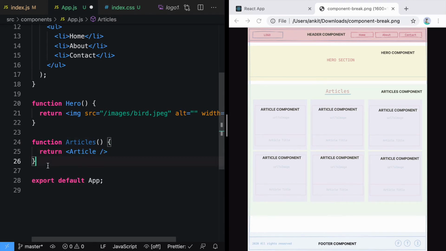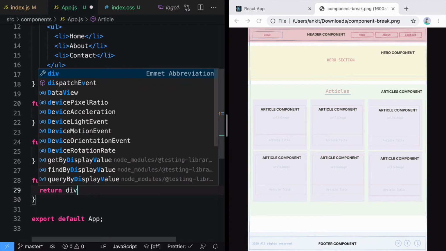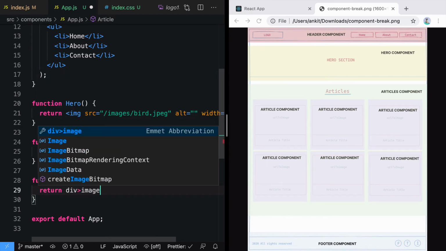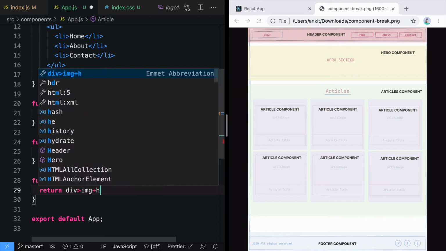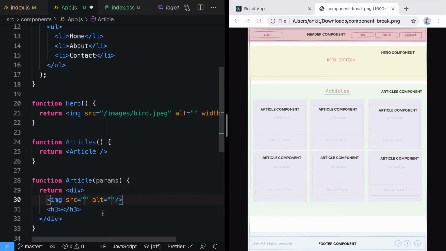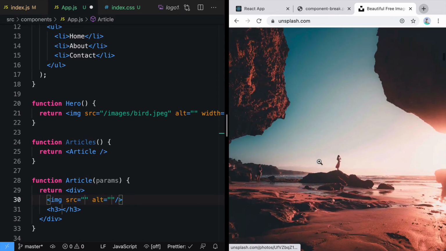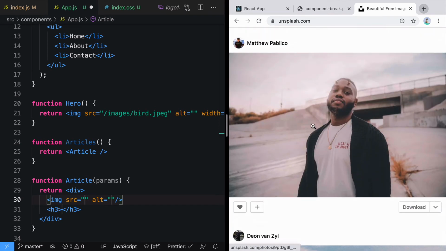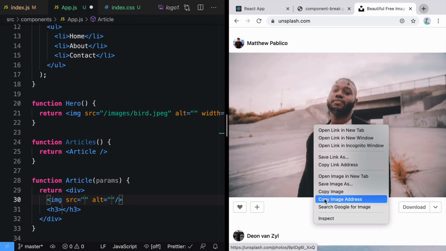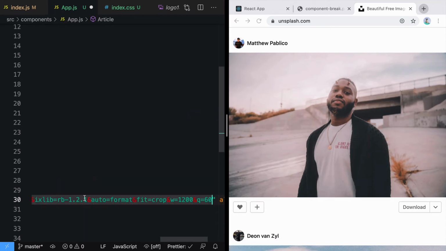Now the point is, we will also have to create another component named article. An article will return something like a div. Inside the div, let's add an image plus h3. Inside image, we can add any image from here. Let's say we want to add this image. I'll copy this image address and paste it here.